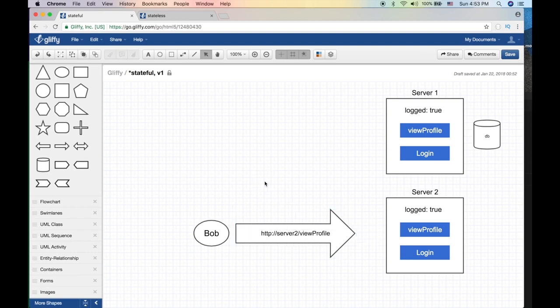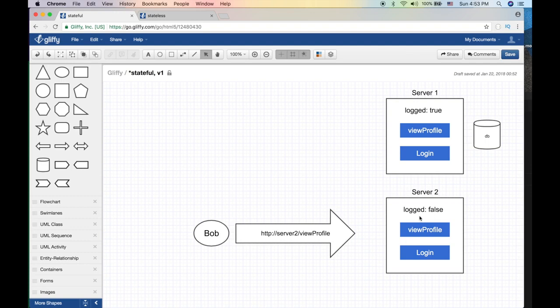And the reason is because that server does not have that session variable stored, right? Because we saved it here, we logged in here, we changed it here,